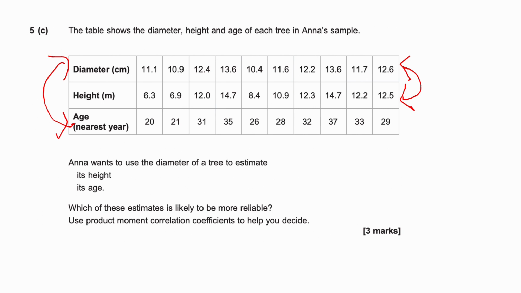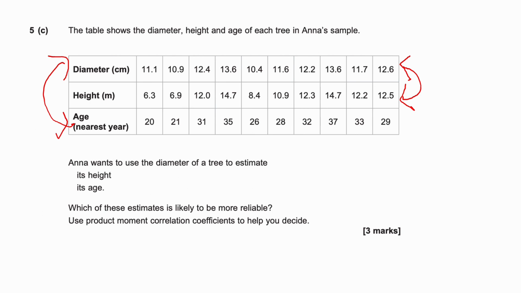Make sure you've got the same number in both columns. And then if your calculator is like mine, you'll go to the option button and look for regression calc, which on mine is number 4. And then that will give you values of A and B and R, which is the PMCC. So you do that for diameter and height. Then you clear your calculator, or make a note of it, clear your calculator and do diameter and age